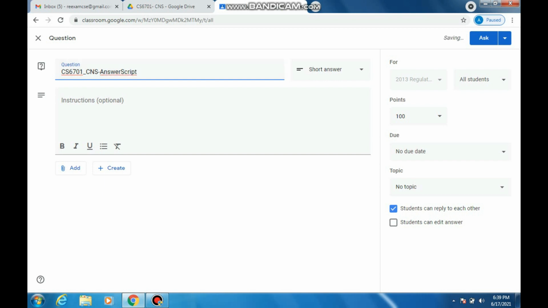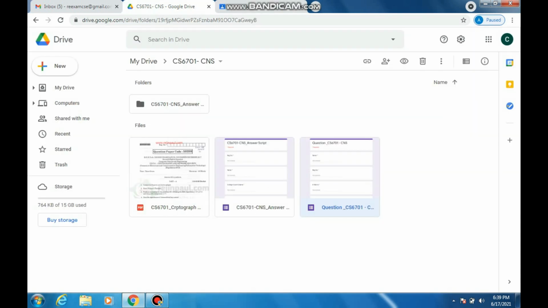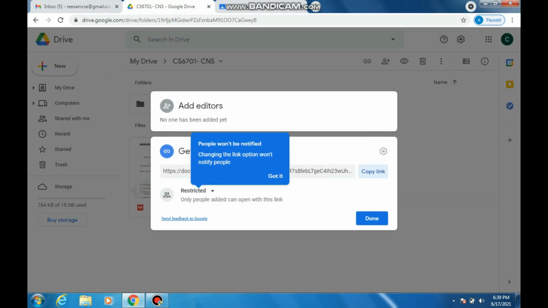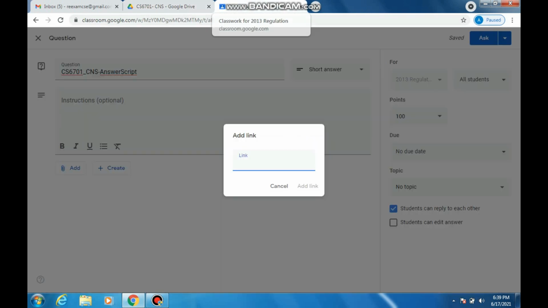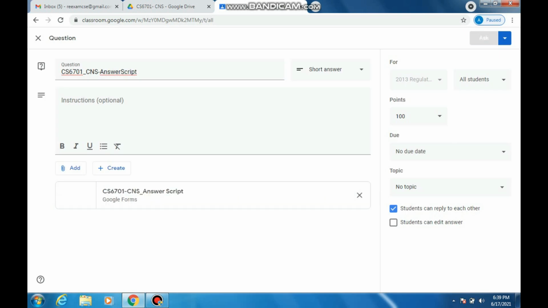Just go to add link, and here also we want to get the link. So how to get the link? You just right click it, get link, copy this link and paste it here. Add link. Clear?